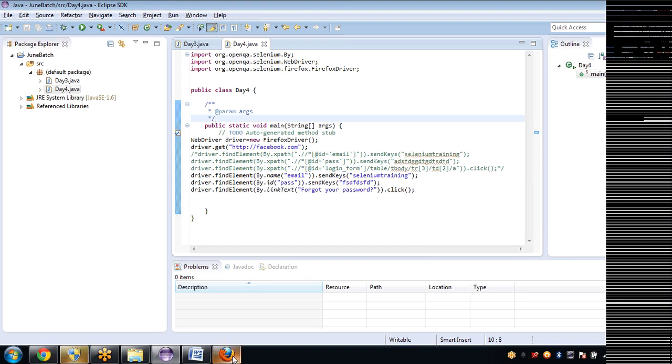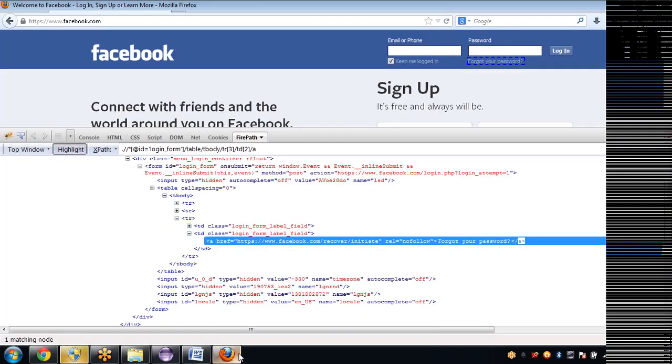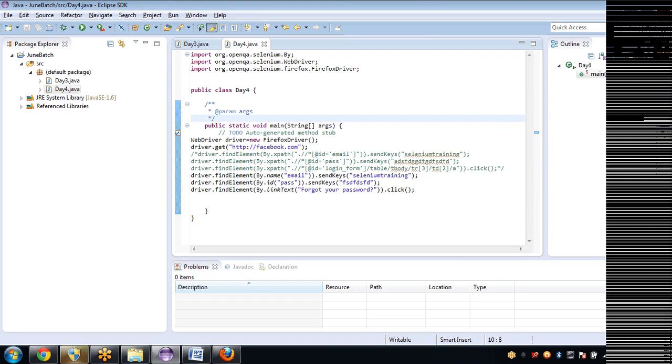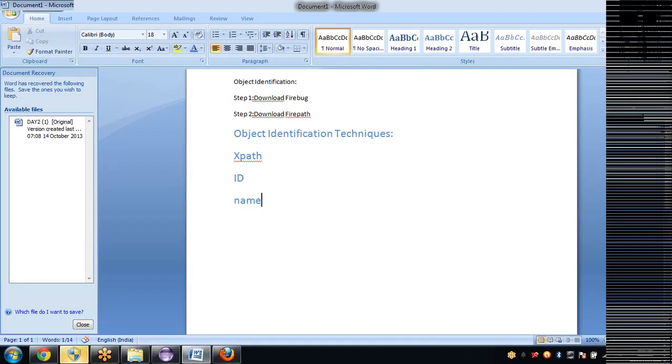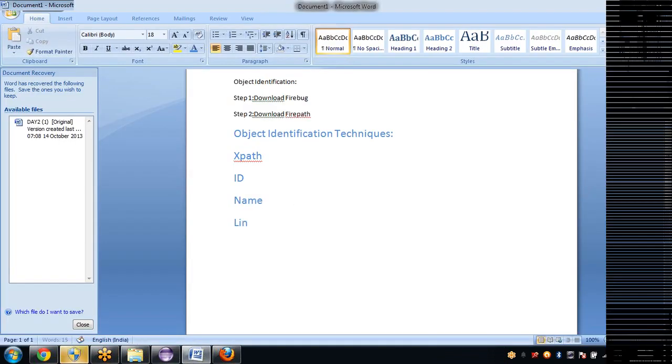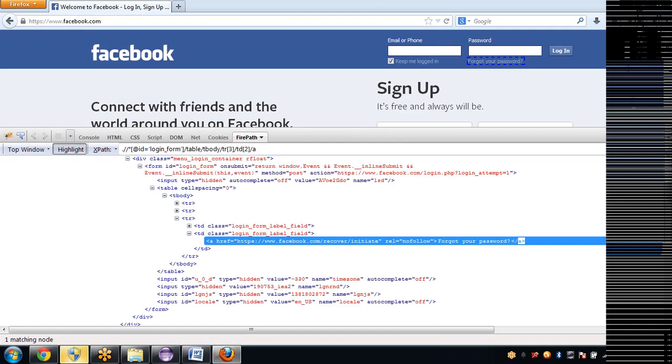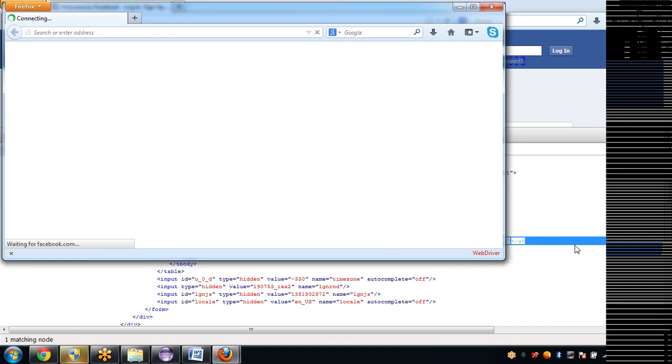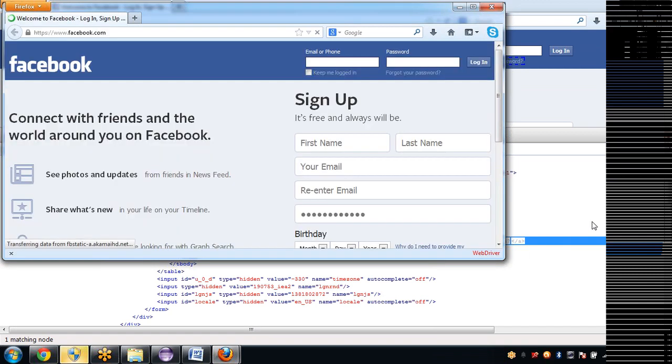There is one more left called class name identification. You can also identify any particular object on the page with the help of the class name. So I'll write here XPath, ID, name, link text and also class name. So you know, right, how you get all these 4. It's very simple. Spy on that particular element you are interested in, and you have blue highlighted HTML properties, and verify in that whether you have any matchable things or not.